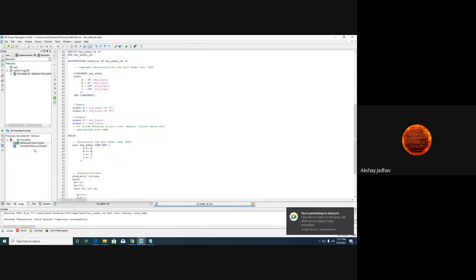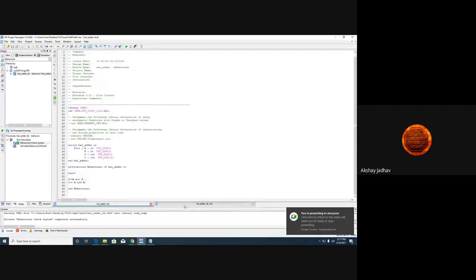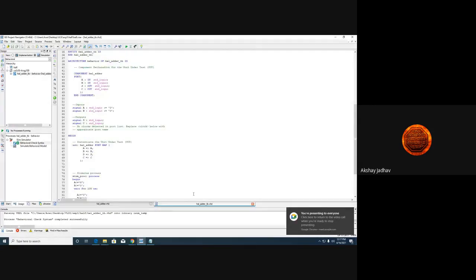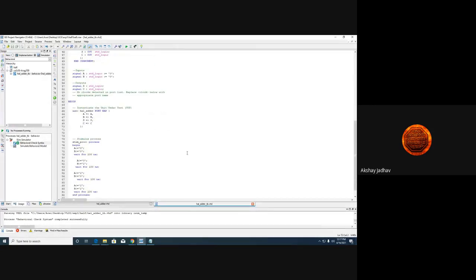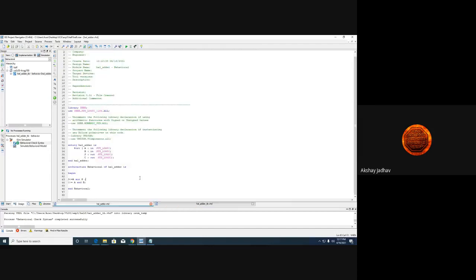Okay, then what we have to do, once we have written the half adder VHDL code and the test bench, we are going to see the behavior of the signals, that A and B, and we are observing the sum and carry output, as we want outputs S and C. So let's see now, if suppose you want to generate the schematic of this, we have the facility to see the schematic of your half adder.